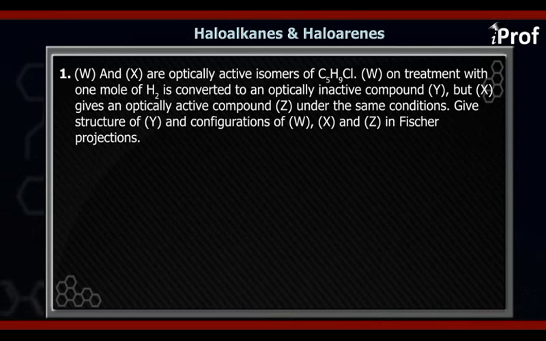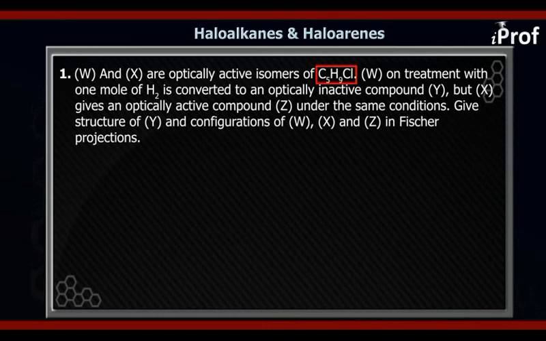Now these are basically known as word problems. In these types of problems you will be given information about only one of the reactants or the products in the reaction. If the information is given about the product, then it is quite obvious that we need to think about the backward reactions, and if the information is given about the reactant, then we need to think in the forward direction. Now in this question, what is given is